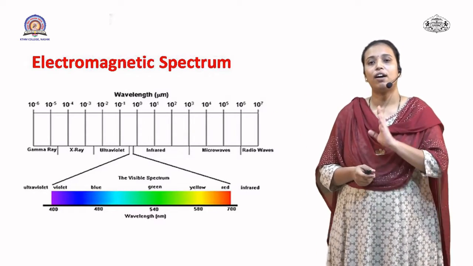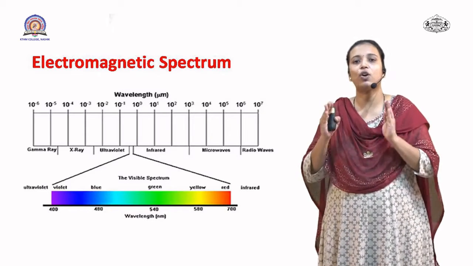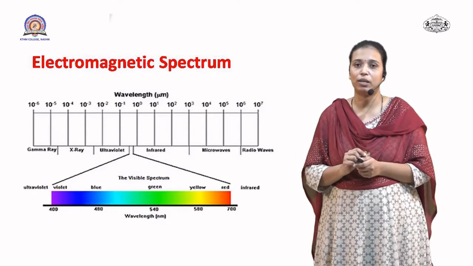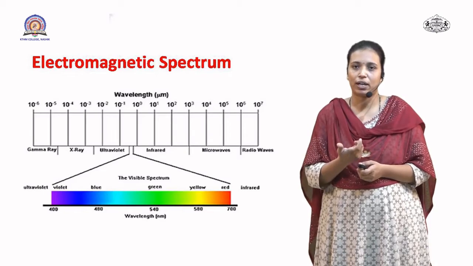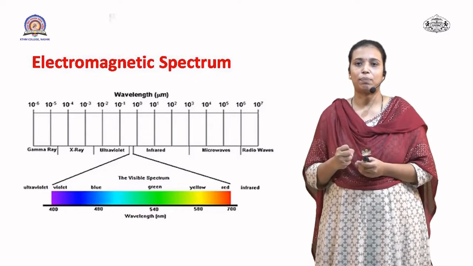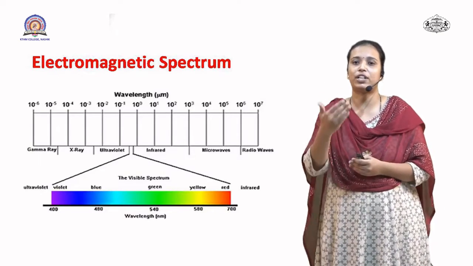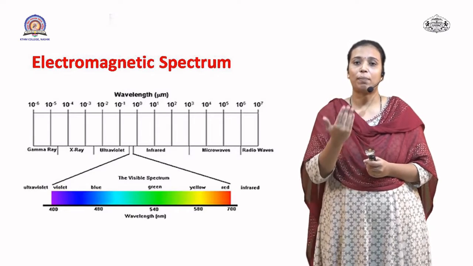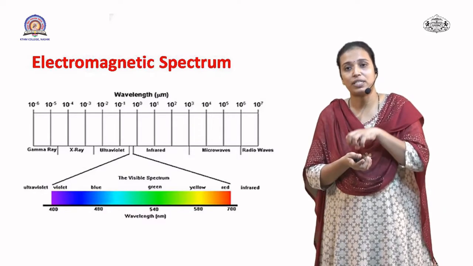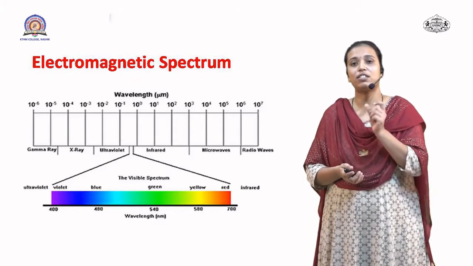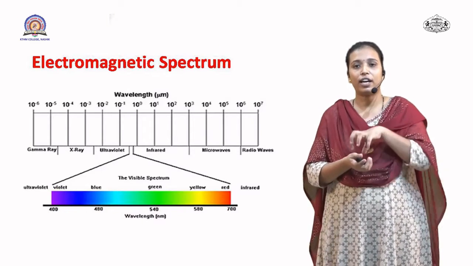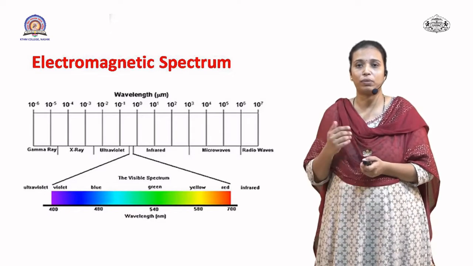Now, how does the EMR spectrum help us differentiate false color composite and true color composite? First, color composites are combinations of colors, and these color combinations help us capture any image. Like if we are taking an image with a camera, we adjust the things to be captured; sometimes we adjust our color, sometimes our background. Similarly, a camera captures images from a certain distance, but when we take an image from a satellite or a platform, there are different types of sensors placed on that platform, and these sensors are responsible for capturing the image from far away.